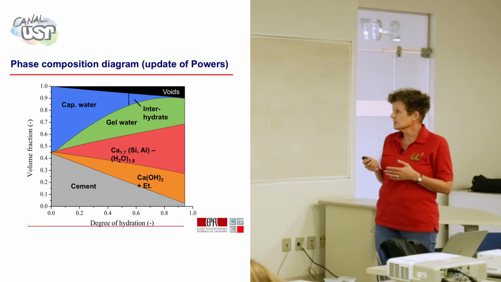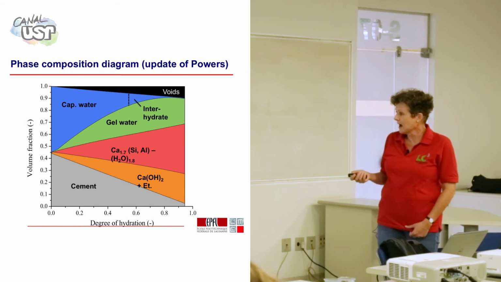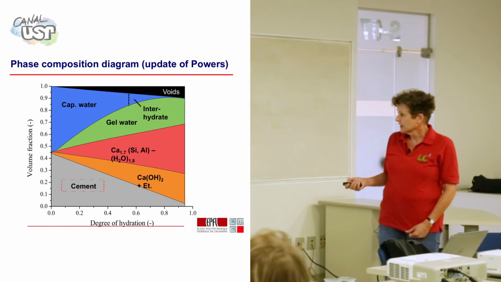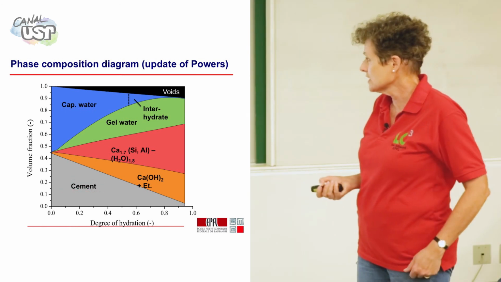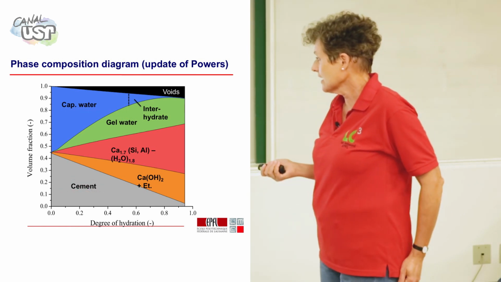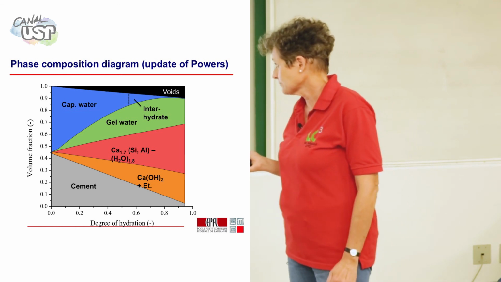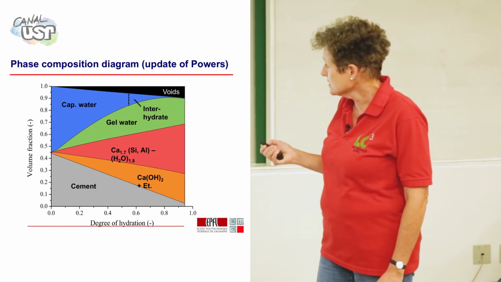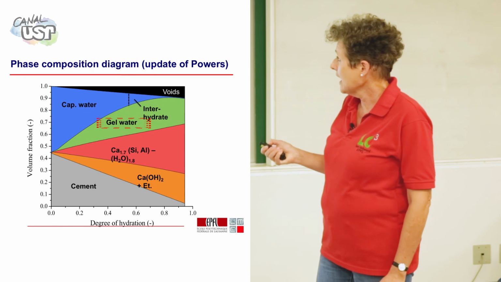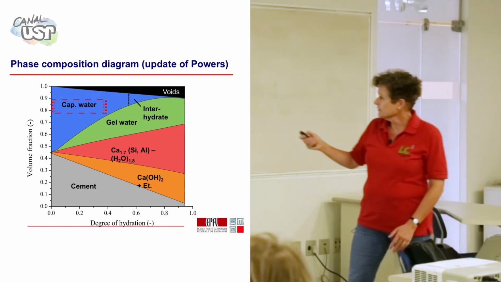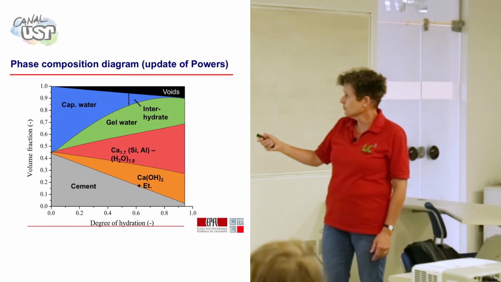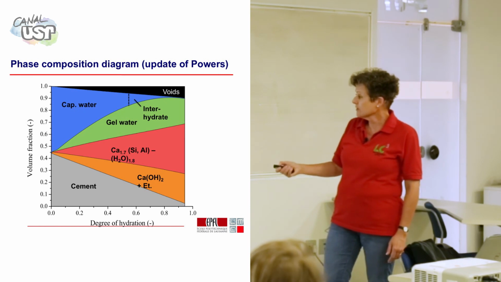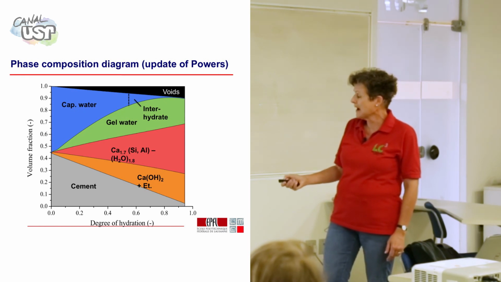So most of you will see this Powers diagram. Now Powers took cement. He then took the hydrates as one. He didn't differentiate between CSH and calcium hydroxide and ettringite. And then he said there was gel water and capillary water. And the values we have here for a mature paste agree very, very well with the values that Powers calculated